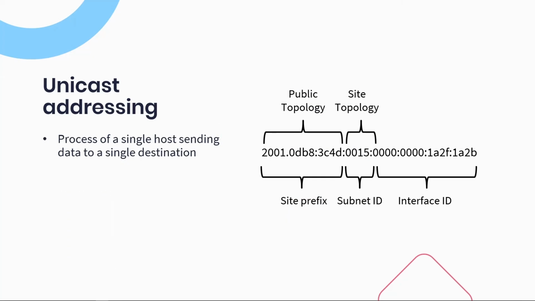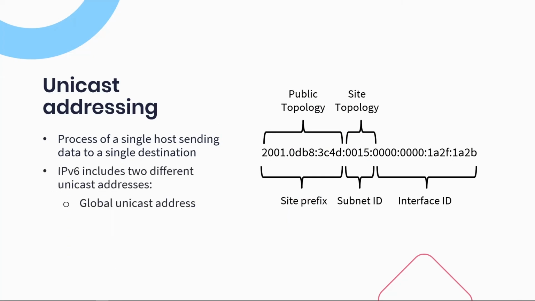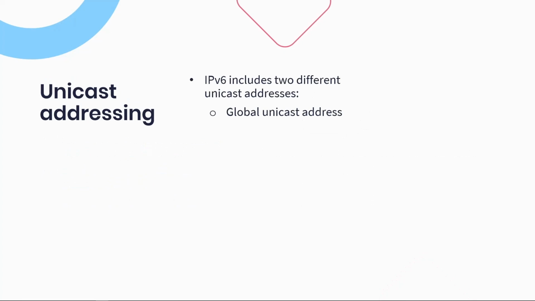IPv6 includes 2 different unicast addresses. A global unicast address that is globally unique on the internet. Have a look at the example on the right. And the other unicast address for IPv6 is a link local address. This is used only on a local network link and is not valid nor recognized outside the enterprise. For example,